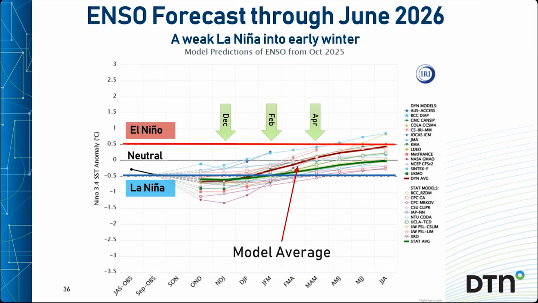So most likely we'll have weak La Nina peaking in late autumn, early winter, and that'll gradually weaken through the first and second quarters of 2025 towards neutral, and eventually might even head towards El Nino development next summer or autumn, but that's another story for another day.